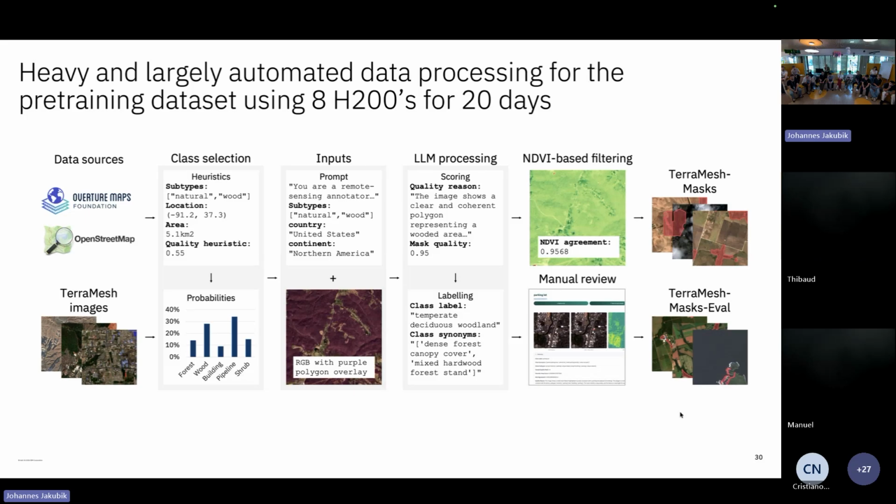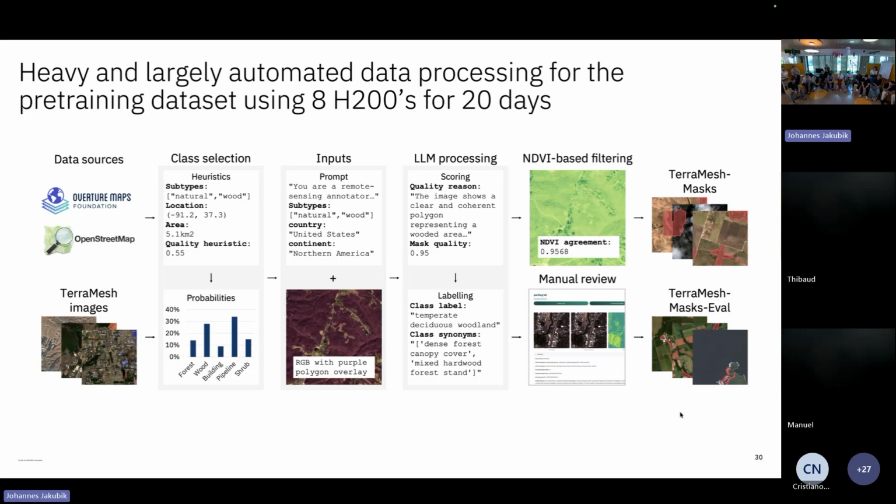For example, you cannot see a border between two countries. That's existing in OpenStreetMap, but you cannot see it on a satellite image, so you want to discard that. There's things that at 10-meter resolution you cannot see. There will be things that are annotated, like, I don't have a good example, stuff that is smaller than 10-meter resolution. And then we realized that the quality was still low, so we did some NDVI-based filtering where we basically